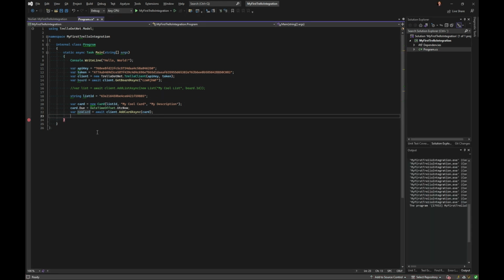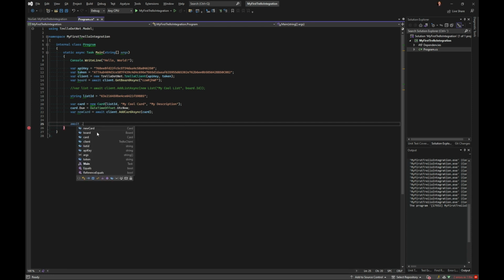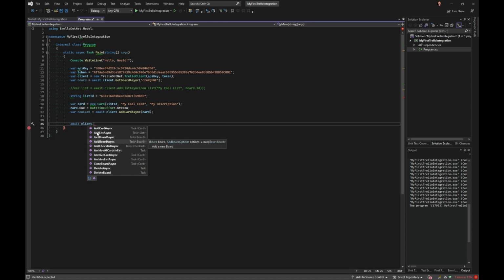So as you can see, it's a very simple API to use. And if we look at await client, add cards, add lists, get boards, add a board, so we can make an entire new board, add checklist to a card, archive all cards in the list, archive a card, archive a list, close a board. Then we have something called just delete async. This is some custom methods if there's something we haven't exposed yet in the Trello.net API. You can do that on your own. You just need the URL suffix of the system.